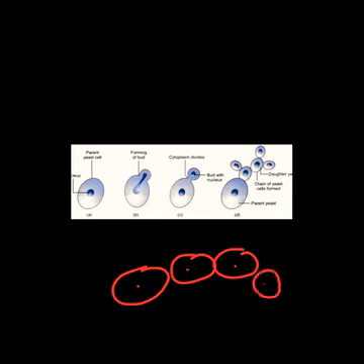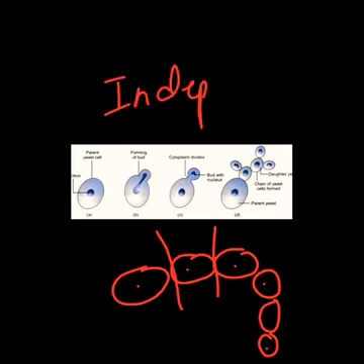And in this way, the chain formation takes place during the budding process. Right? Once the yeast becomes mature, one yeast gets detached from the chain and it shows independent existence. Once it gets detached, it shows independent existence, right? So in this way, the budding in yeast takes place.